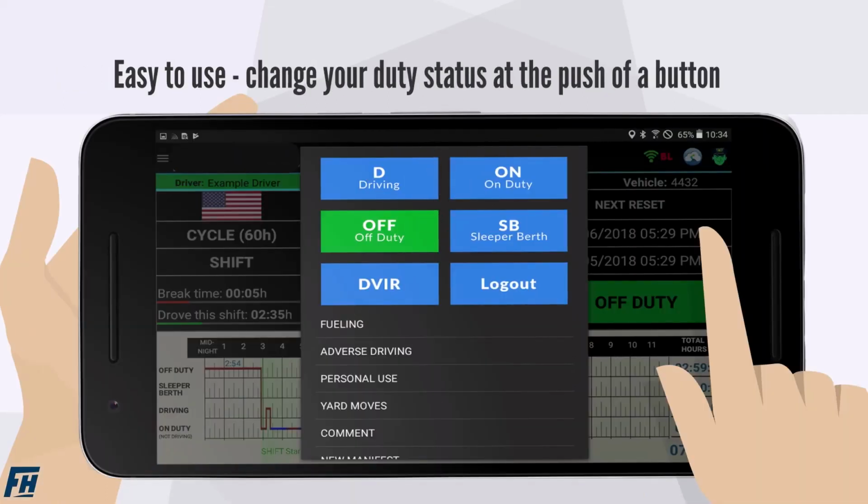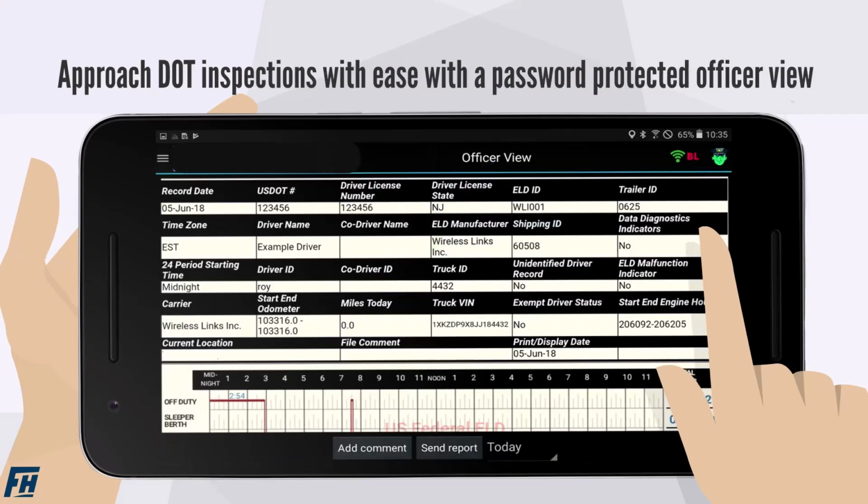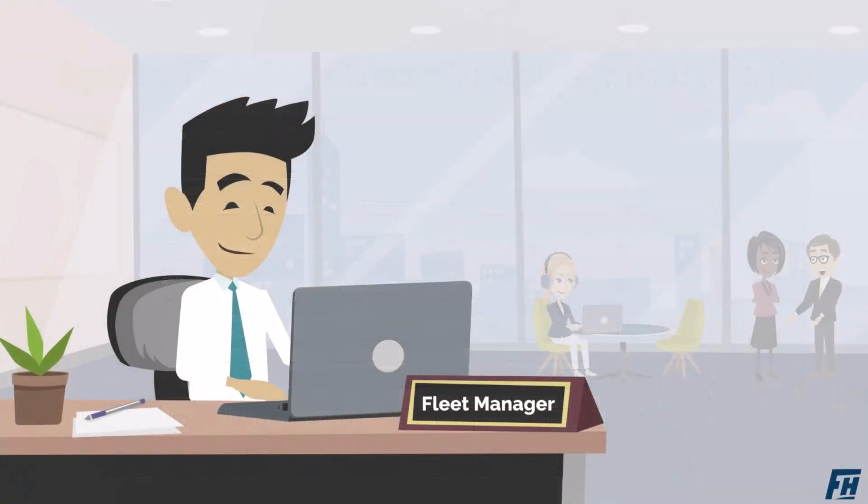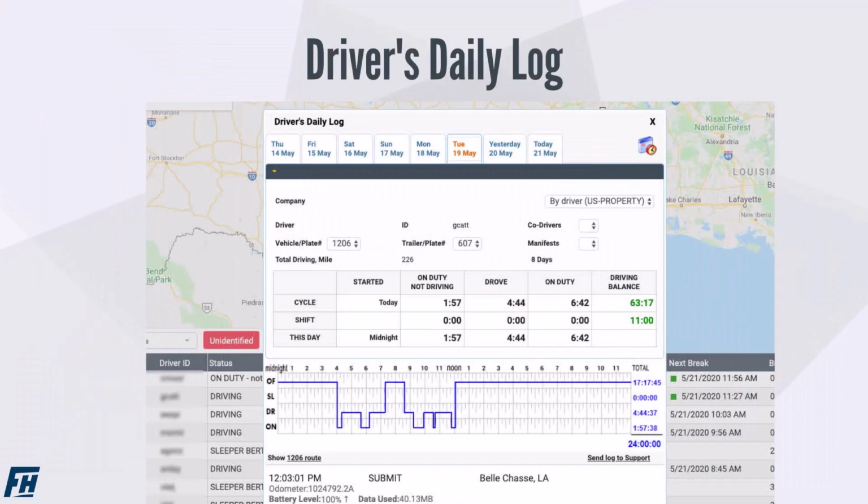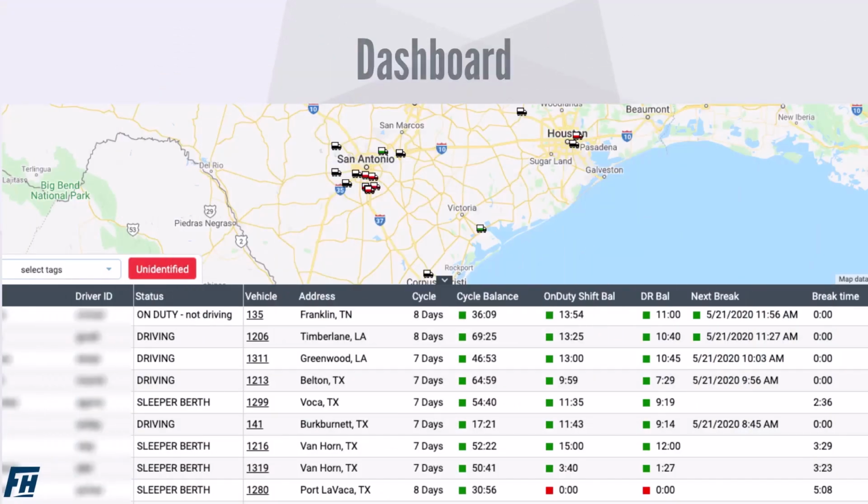The DriverLog ELD app shows the driver their current and on-duty HOS status for the shift cycle and enables them to change their duty status at the push of a button. It takes the stress away and enables the driver to approach DOT inspection knowing everything is in order with a